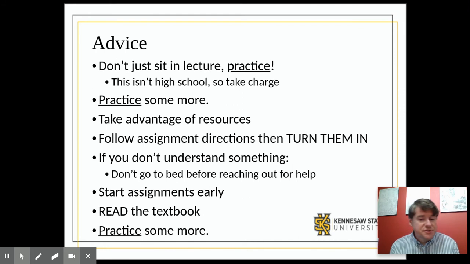Computer science is not magical. There's not a moment in your life where you now know perfectly how to code everything and you will never have a problem ever again. That's not how it works. There is always going to be a small amount of struggle as you go through code. It's normal. It doesn't mean that you're dumb. It just means that computer science is hard.